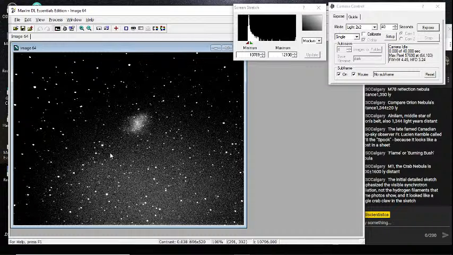The equivalent of a 160-second exposure in 40 seconds. We lose a little bit of detail, but it's easier to see. So that's the Crab Nebula, M1, a star that blew up a long time ago. Like I said, we don't know the exact star that blew up, but we know when it blew up because the Chinese astronomers kept very good records of such things.